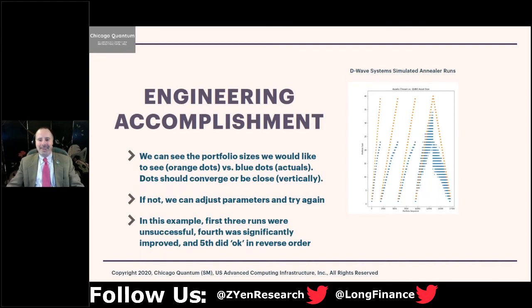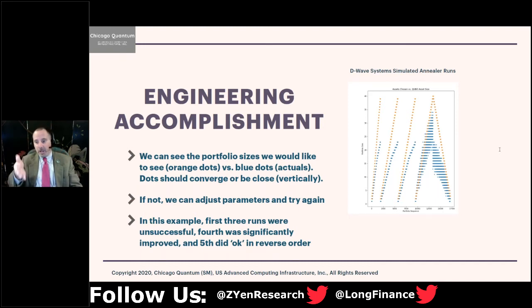Thank you. So this next one's interesting because it shows that quantum computers are probabilistic, and that energy landscape matters. It's like climbing a mountain. The orange dots here are the mountain. The orange dots are the number of stocks that you want to pick each time. When we run our portfolios, we have to tell the DWave to pick the best 2 stocks out of 64, the best 3 stocks, the best 4 stocks, the best 5 stocks. So those are the dots.